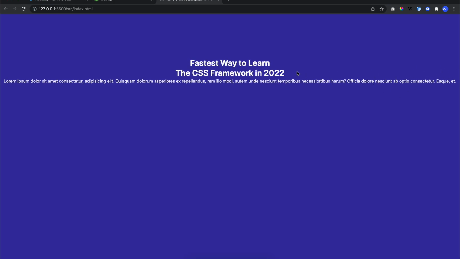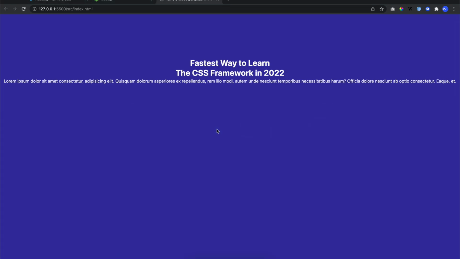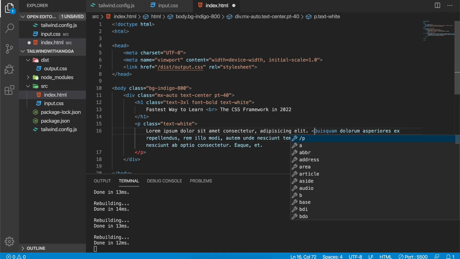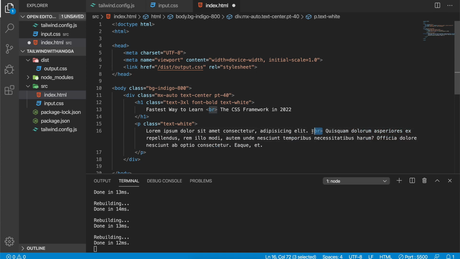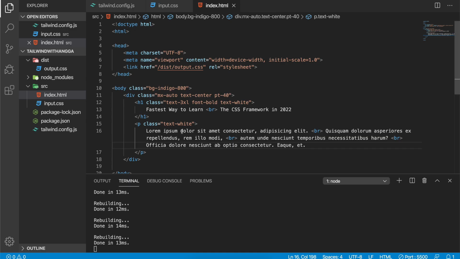It will give you 100% of the screen width, unless you give it a break line here, BR, and then BR, just like that, and then another BR. Okay, this is just an example.